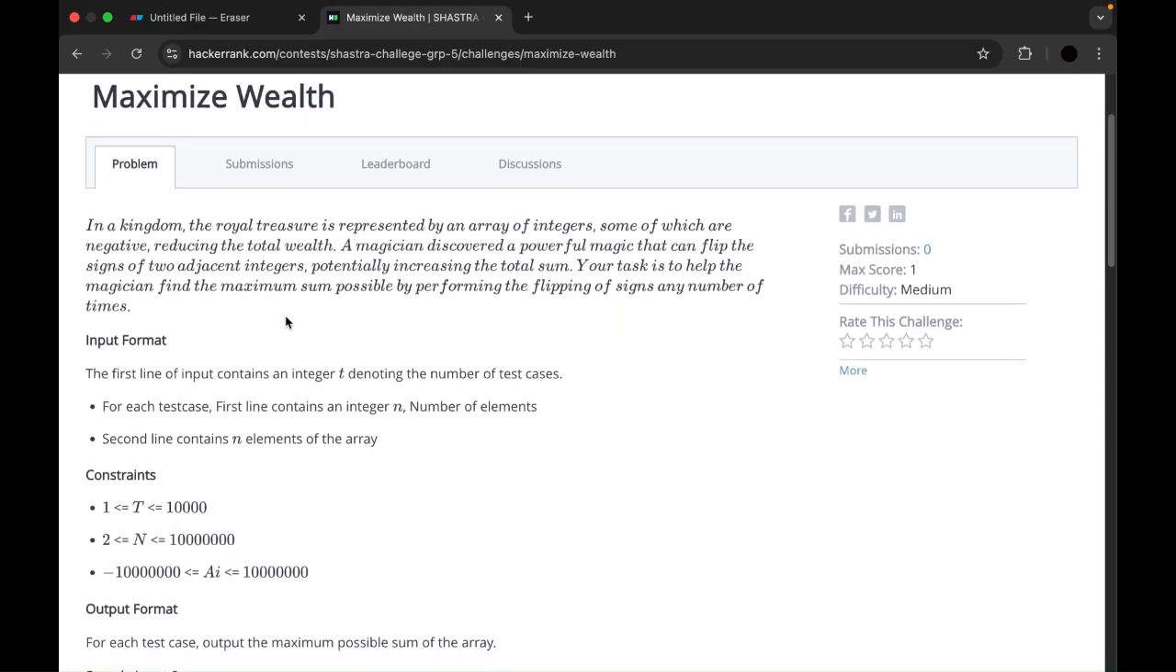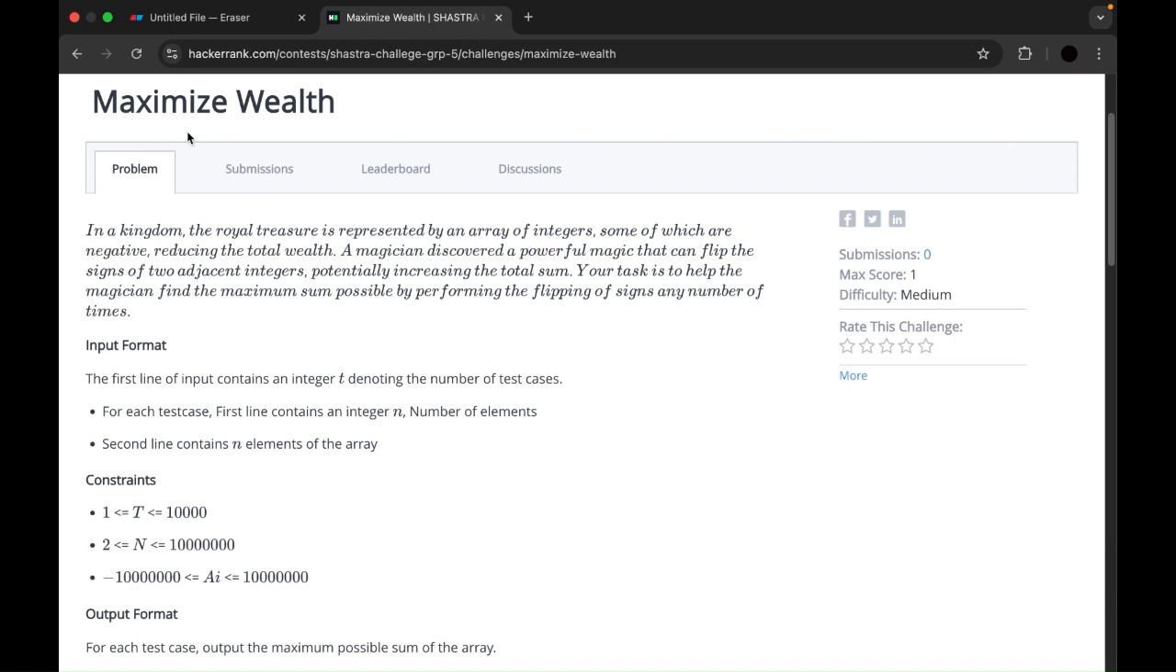Shastra. Here, the challenge name is maximum wealth. The problem statement is as follows. In a kingdom, the royal treasure is represented by an array of integers, some of which are negative, reducing the total wealth. A magician discovered a powerful magic that can flip the signs of two adjacent integers, potentially increasing the total sum. Your task is to help the magician find the maximum sum possible by performing the flipping of sign